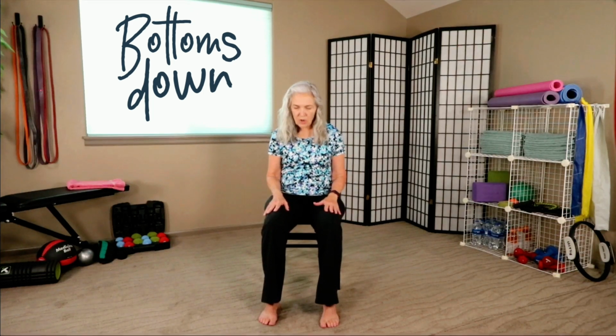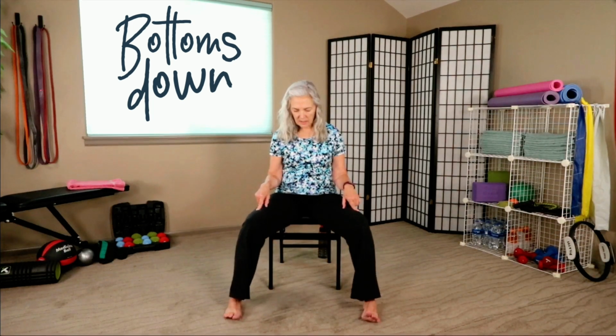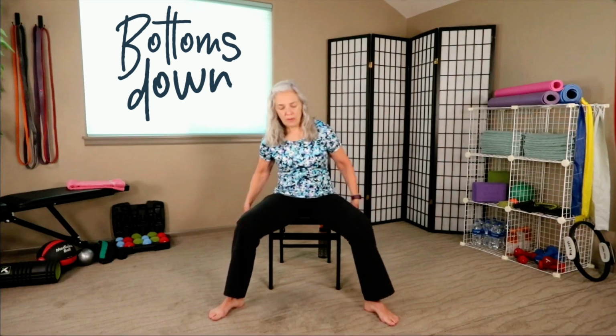We're going to move into seated star pose. So we're going to start with just the legs and kind of get the feeling of that. So we're going to heel toe our feet just a couple of times wide. Knees are going to stay bent. Now, I'm moving forward in my chair. You can hold on to that chair if you want to, and we're just going to extend the legs out,